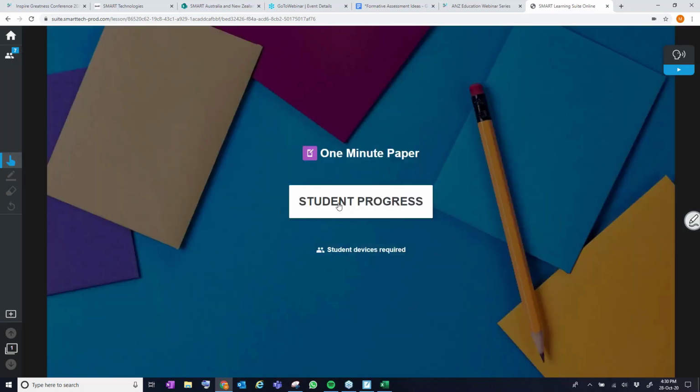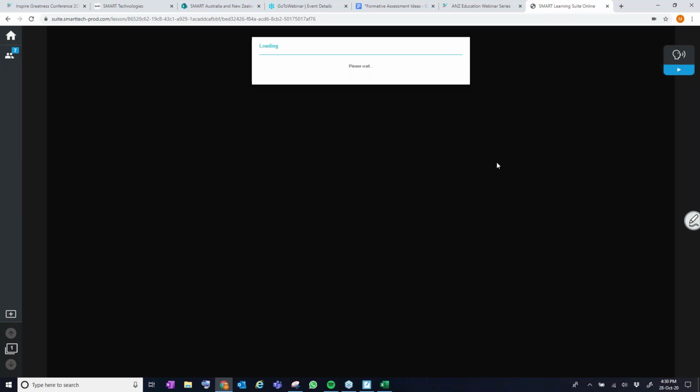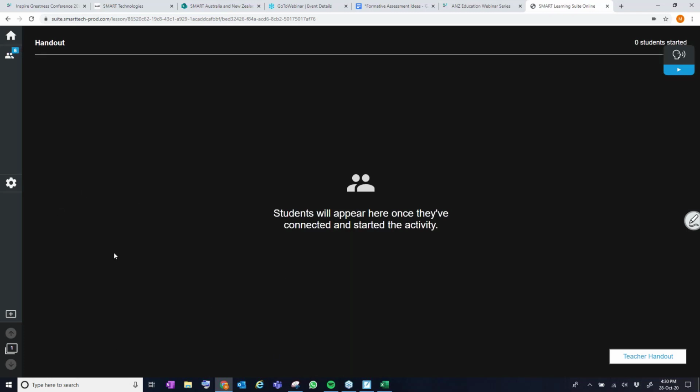So here's the little 1-minute paper. Each of you will get your own copy of that now, and as a student you've got your little editing features on the side. So if anyone just wants to hit start on that, see if I open up my phone again. Yep, start. You can see the students here that pop up on this student dashboard to see who started, okay? Mine's just loading. Now I've got my phone competing with it as well. And then you've got your text box that you can add text to, or if you're there on a tablet, they can even use their